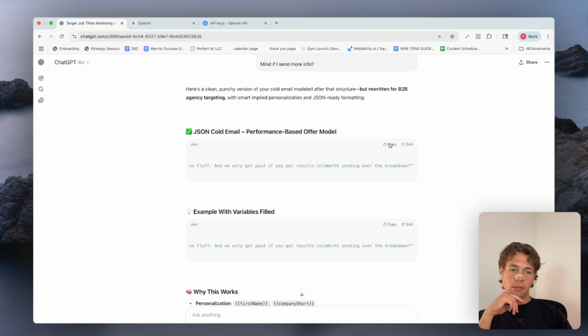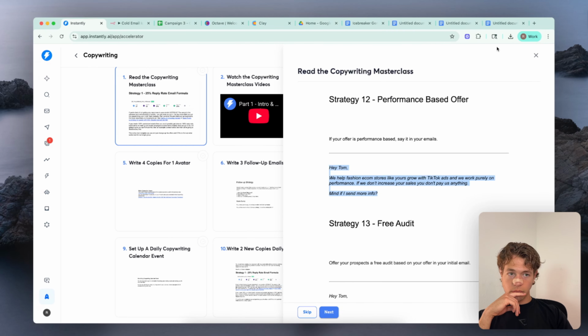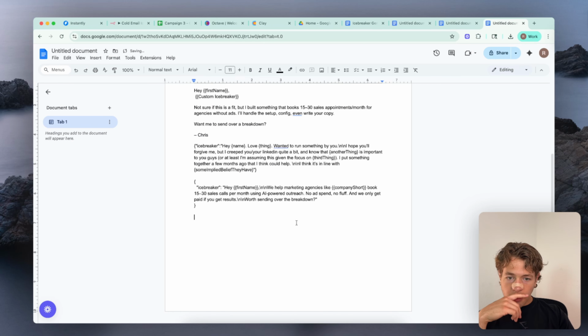Nice and short. So let's copy that. Let's throw it down here. And name. We got marketing agencies like Company Short book 15 to 30 sales calls per month using AI powered outreach. No ads, no fluff. We only get paid if you get results. Worth sending over the breakdown.